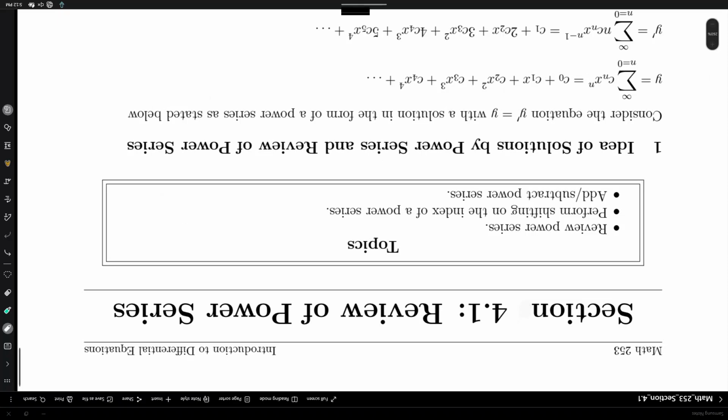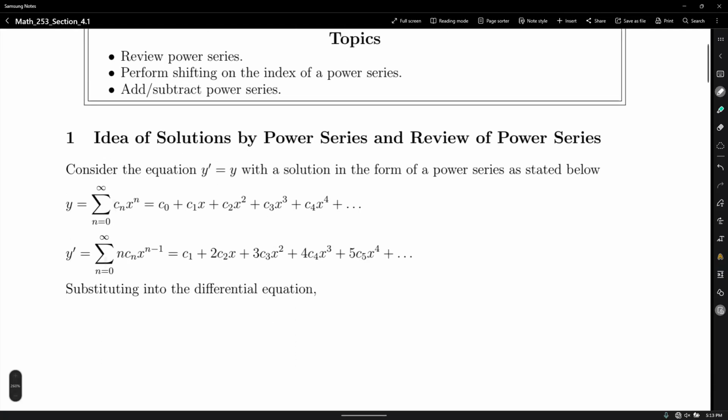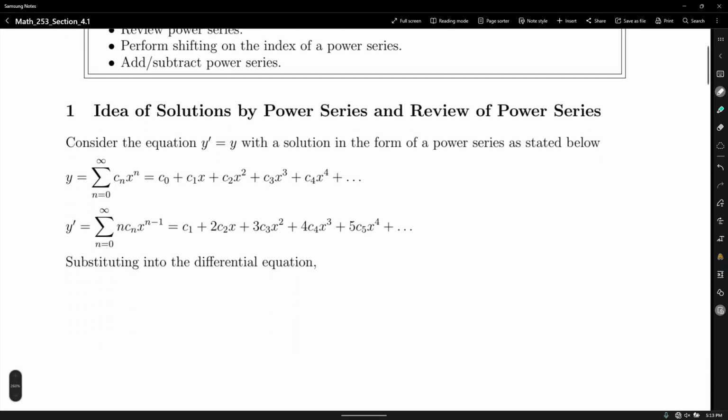So let's have a look at the idea behind solutions by power series, and we will review some aspects from calculus related to power series. Okay, so suppose we have this equation y prime equals y. And when it comes to setting a solution in the form of a power series, that is y